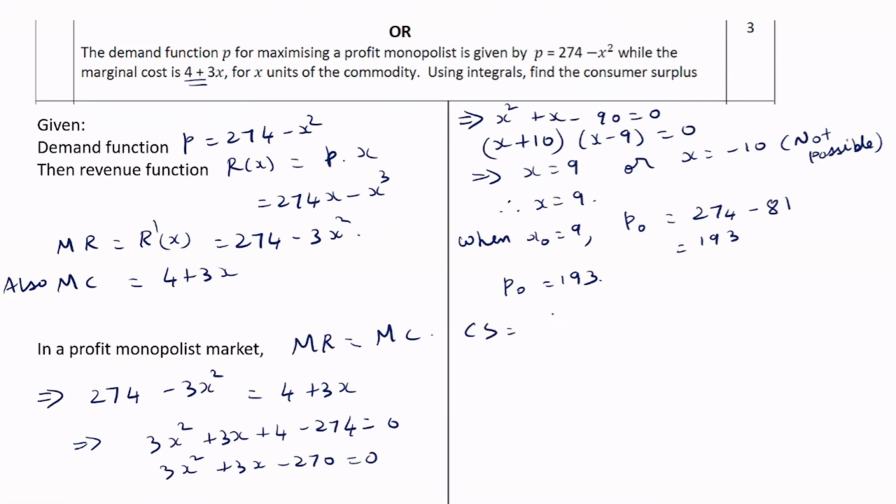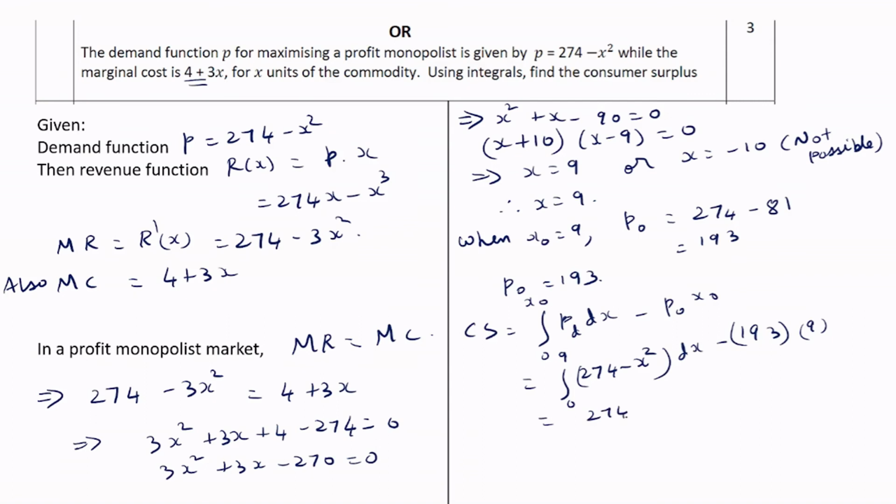The consumer surplus is given by the integral from 0 to x naught of the demand function minus P naught x naught. So it is the integral from 0 to x naught, which is 9, of the demand function 274 minus x square dx, minus 193 into 9. So this is 274x minus x cube by 3 with the limits 0 to 9